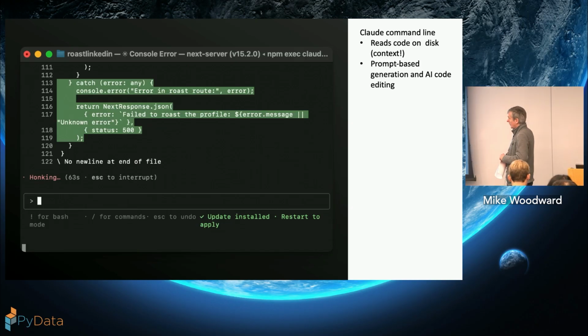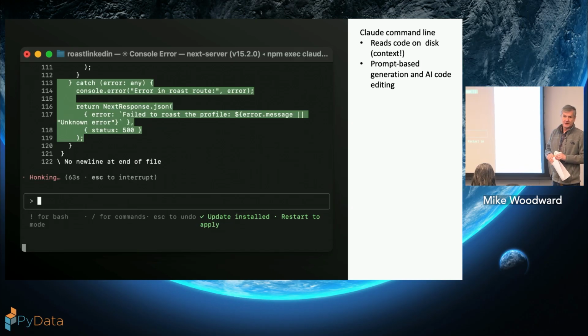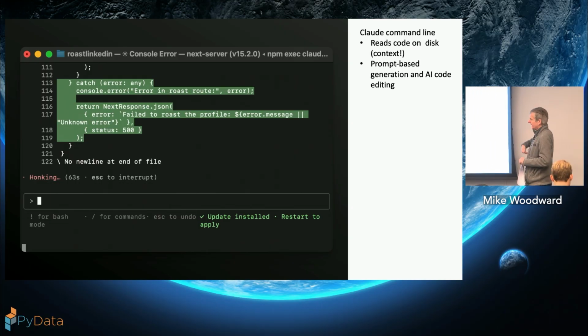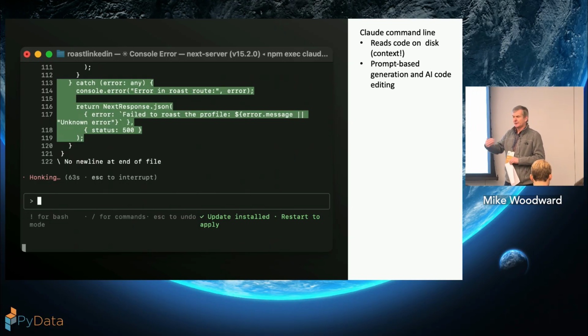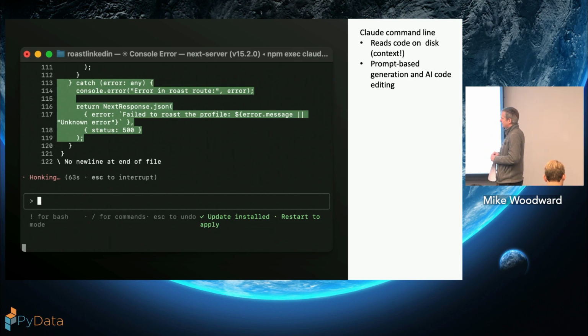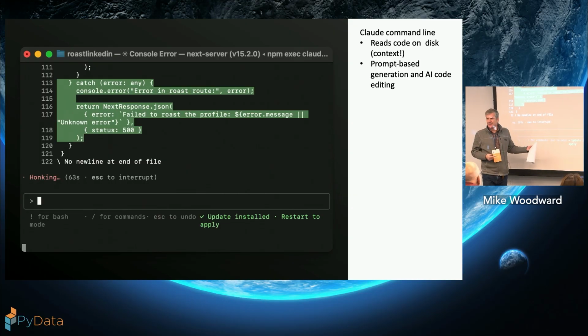Somebody asked about the Claude command line tools, the download stuff. This is where you download the stuff. It interrogates your code base. It learns from your code base. It does a little bit of prompt completion for you, and it will do some prompt-based code development. I know people swear by it, and that's fine. If you like using it, that's okay. I think this kind of stuff is a bit limited, and it's a halfway house.